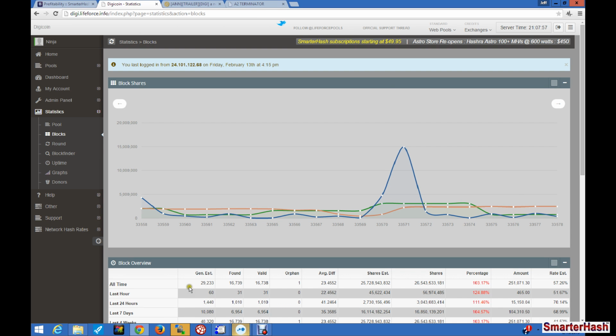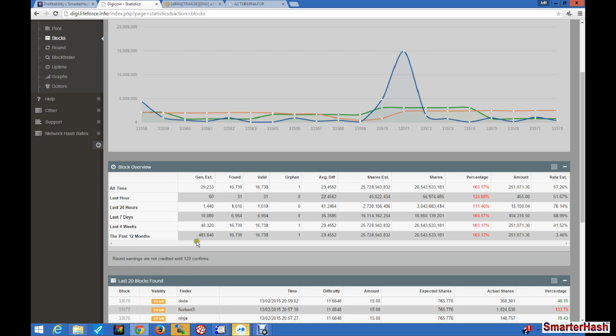So for instance, it says, okay, 120 confirms is what has to occur before you're entitled to your blocks or to your coins. Now remember, the advertised spec for this coin is 60 seconds. So 120 times 60 is 120 minutes, which is basically 2 hours. So typically, if the blockchain does what it says it's going to do,